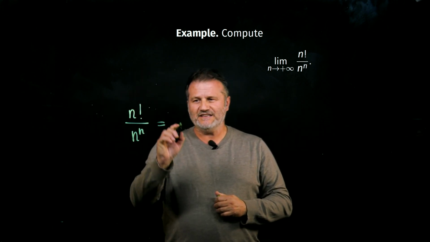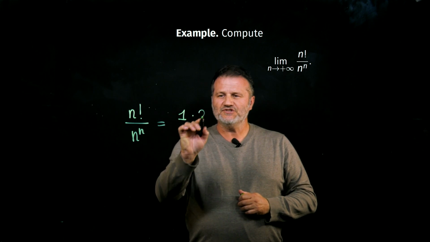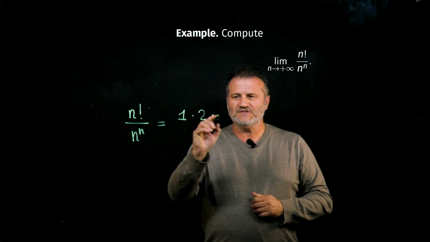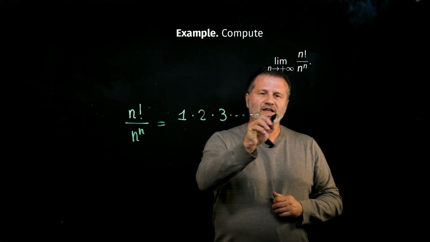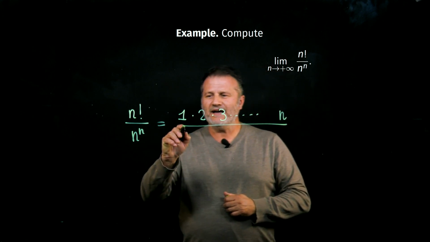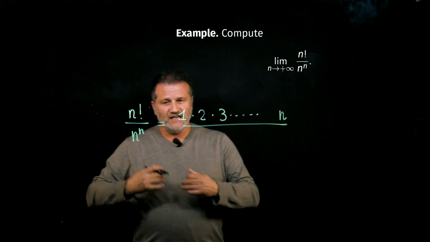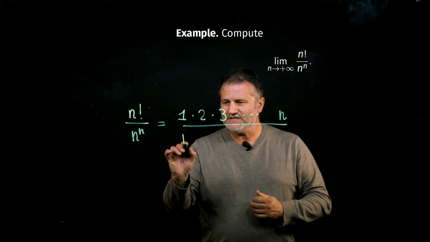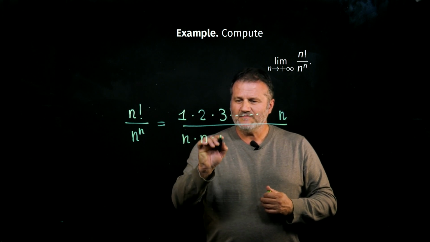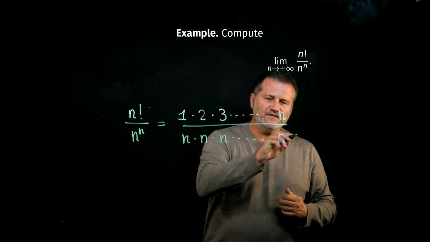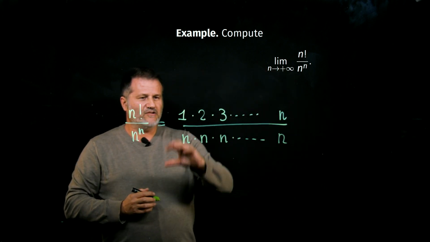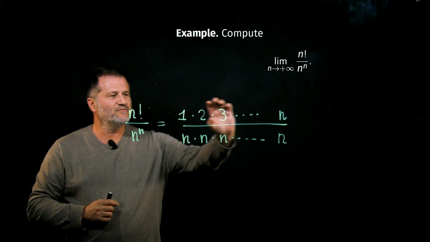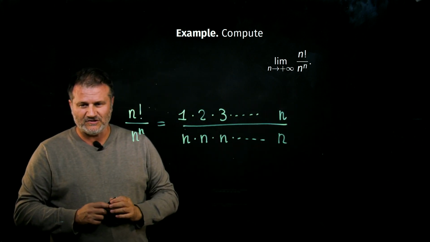the factorial of n is the product of all integers between 1 and n, so 1 times 2 times 3 and so on, times n, divided by n to the power n, which is n times itself n times. So n times n times n, and so on until the end. Now, in this way, you can see clearly that the numerator is smaller than the denominator, so the fraction is